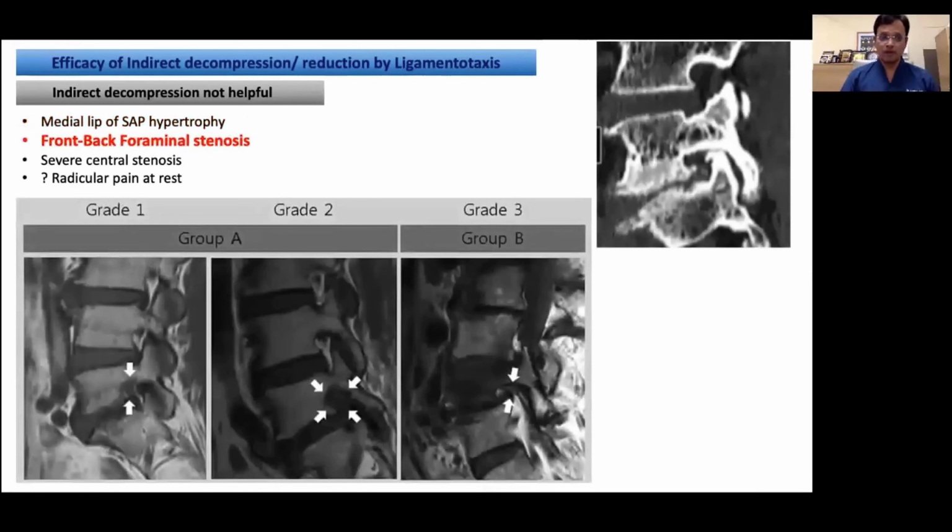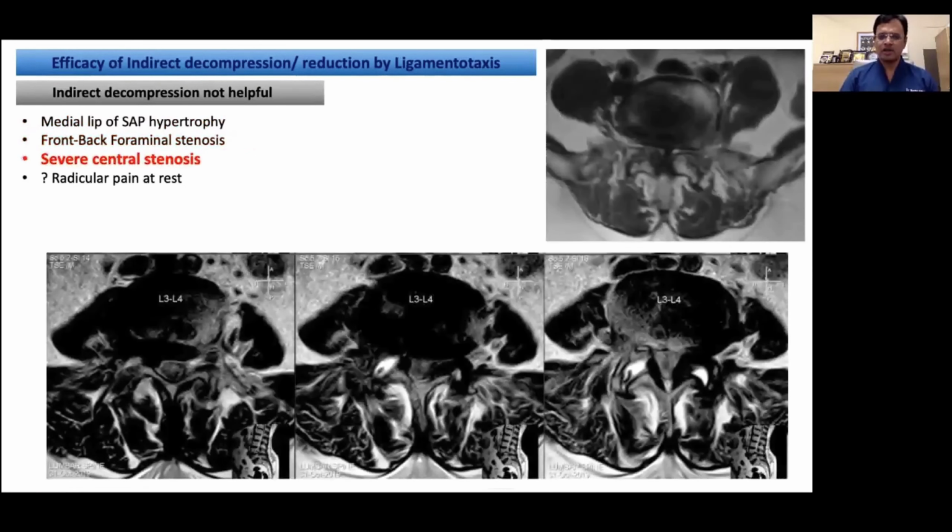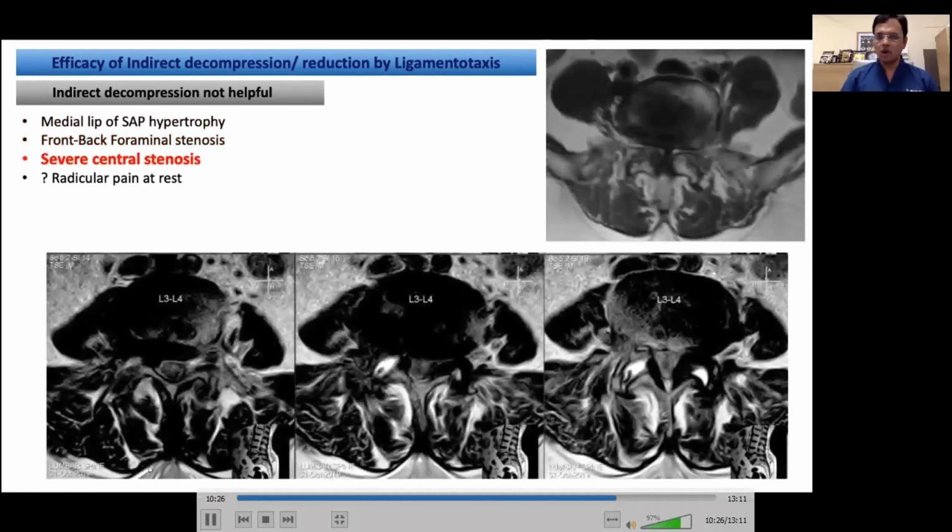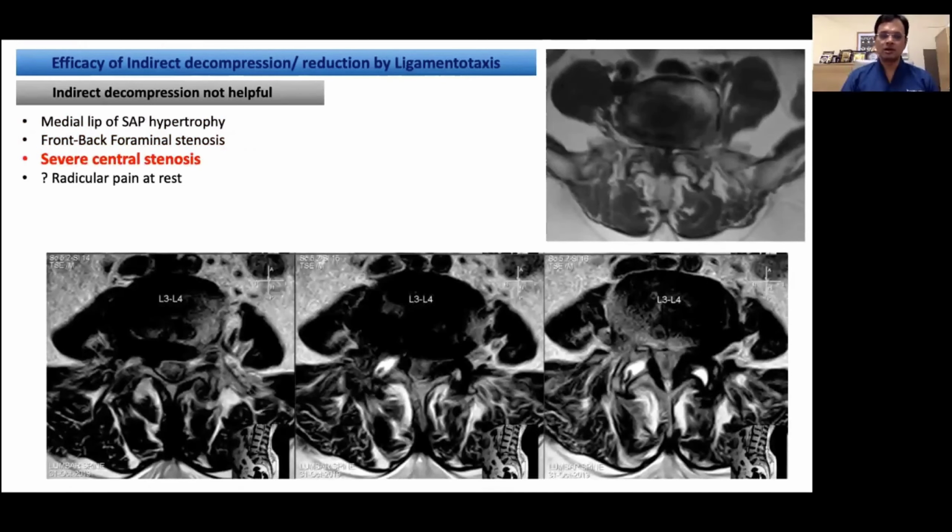Foraminal stenosis, the up-down kind of stenosis rather than front-back, is very ideal, in the sense that by just distracting the disc space, we are moving the compressive element away from the nerve root, we are lifting the nerve root. These kinds of cases are very ideal. But those that are due to a combination of either a superior facetal hypertrophy and an osteophyte, or a posterior disc osteophyte together compressing the nerve root, are not very ideal for indirect decompression. Of course, severe central canal stenosis pathology cannot be addressed by indirect decompression, and these are not very ideal cases.